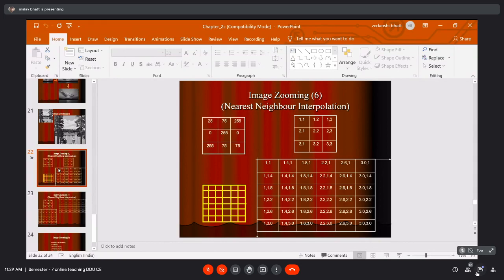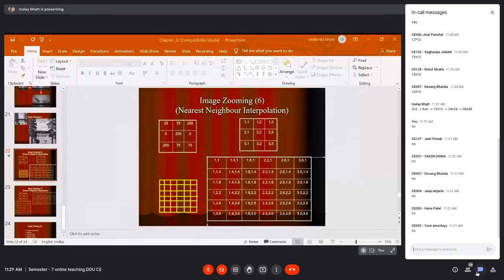Is it clear? If you go like this, 1, then it is 1.5. Just let us note down in the chat window: 1, the next will be 1.5, then 2, then 2.5, and then we have 3. You can see we have only 5 points. Basically, what we want to do, we want to generate 6 points.